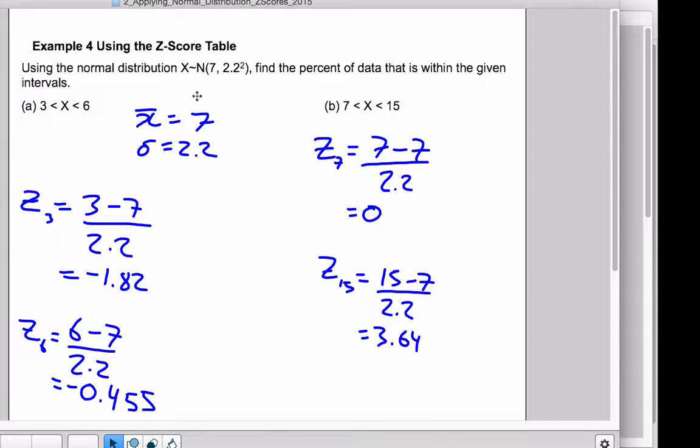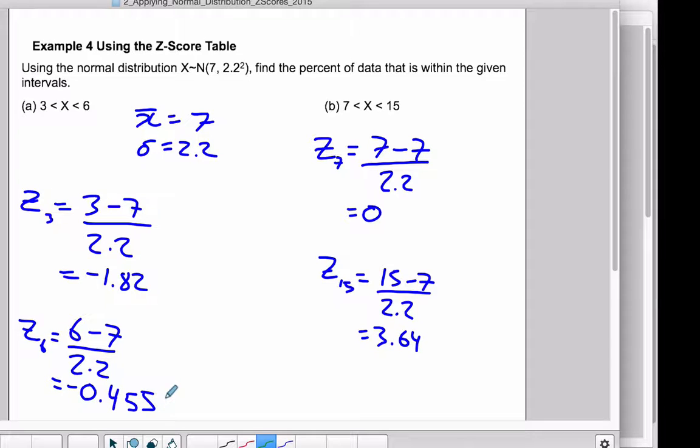So using the normal distribution, where in this case X approximates a normal distribution with a mean of 7, and 2.2 squared means that the variance is 2.2 squared and the standard deviation is 2.2. So when you sub into your z-score formula, which is the data value minus the mean divided by the standard deviation, you get for a value of 3 that the z-score is negative 1.82, and for a data value of 6, you get a z-score of negative